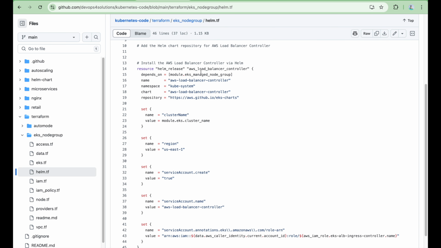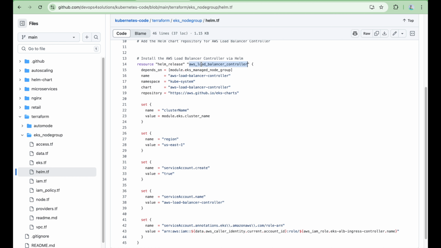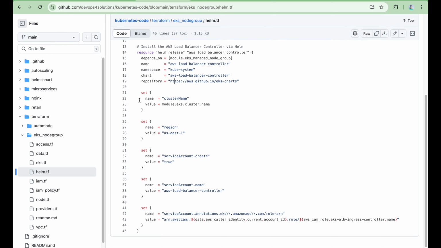And now you want to install that AWS load balancer controller, right? So you are installing the AWS load balancer controller, you are providing the chart, repo, and all those things that you were setting there, you can set it in this way. So you set the cluster name, you are setting the region, the service account. You want to add the service account because that is also a requirement, and then the service account name. And at the end, if you can recall, we have to do the annotation also. So this is what we are doing, so that this service account is annotated with this IAM role, so that it will have access.